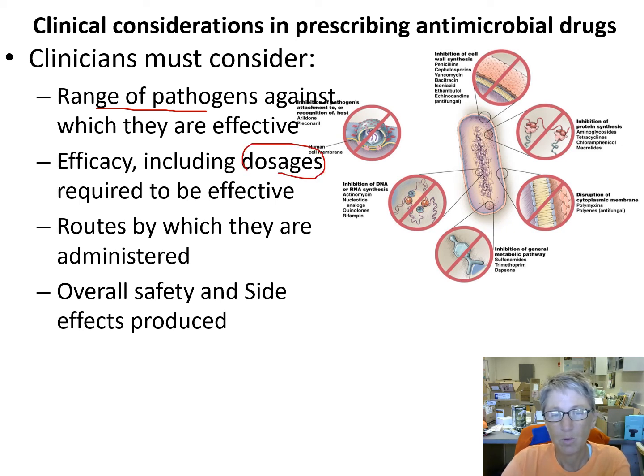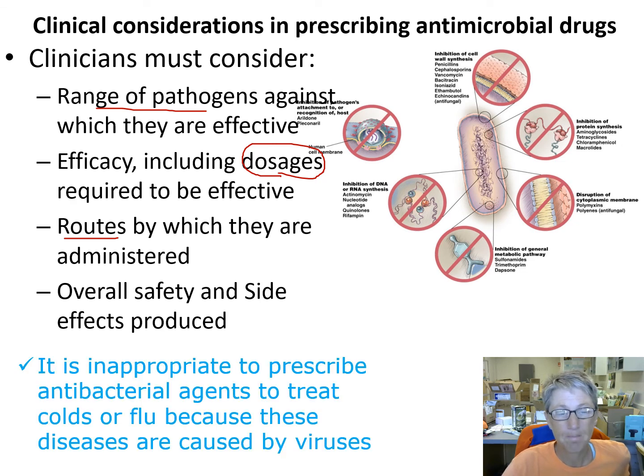What's the difference between a poison and a medicine? The dose. And then how are you going to administer the drug and the side effects. And I said this earlier, it's inappropriate to prescribe antibacterial drugs to treat colds or flu because colds and flu are caused by viruses, not bacteria. And when you overprescribe antibacterial drugs, you're creating a super race of